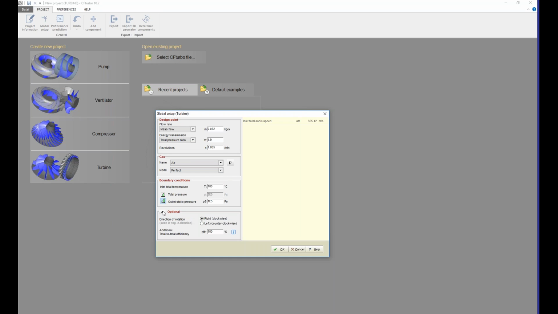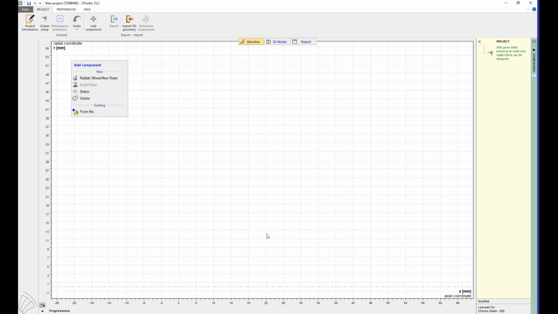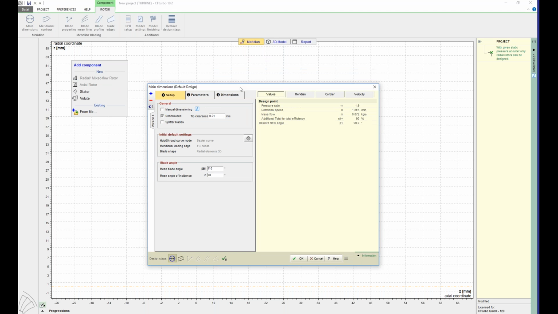Also, because I want to incorporate into the stage a nozzle with blades, I introduce an additional total efficiency of 90% that takes into account those nozzle losses. Once that has been defined, I am guided through the design process in a way that I now can add a new component, and I'm going to start with the design of the rotor component because that's again the central